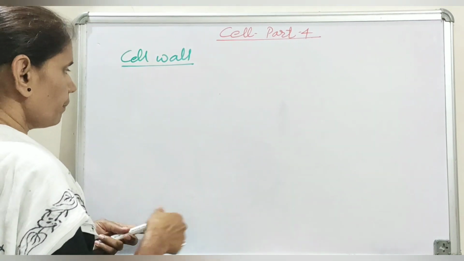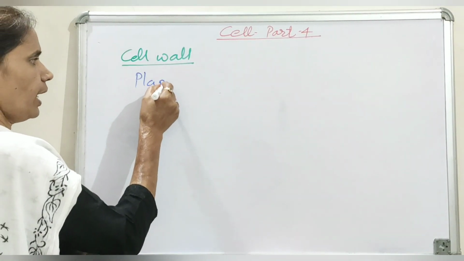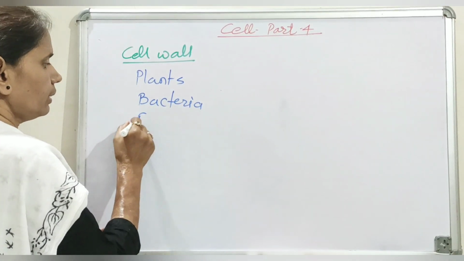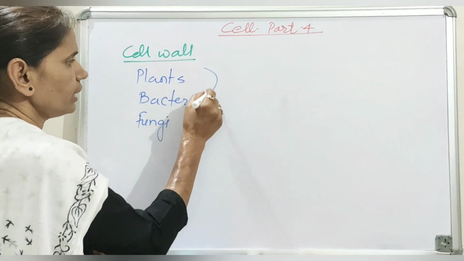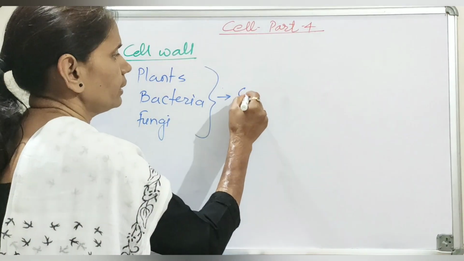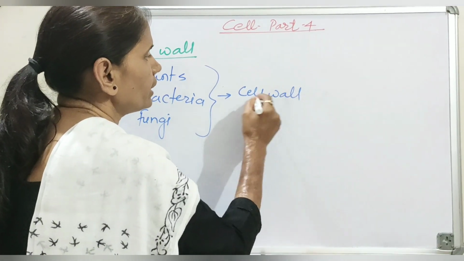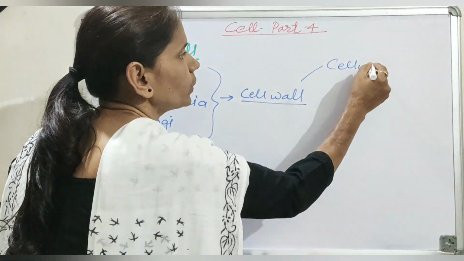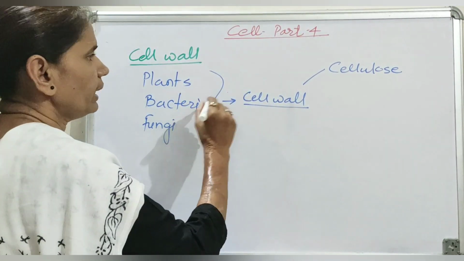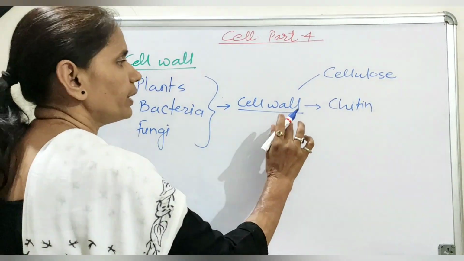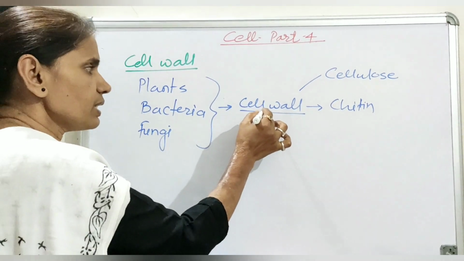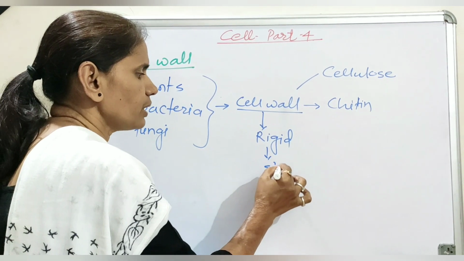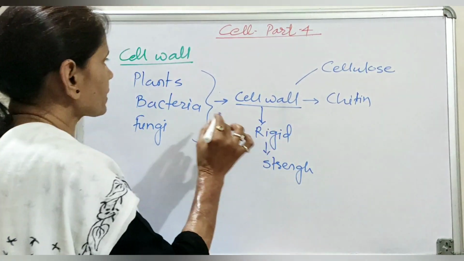In the case of plants, fungi and bacteria, the plasma membrane is externally covered by an outermost layer that is known as the cell wall. Now this cell wall in plants is made up of a specific complex molecule known as cellulose, while in fungi the cell wall is made up of chitin. This cell wall is a rigid structure and it gives strength to the cell, while the plasma membrane is